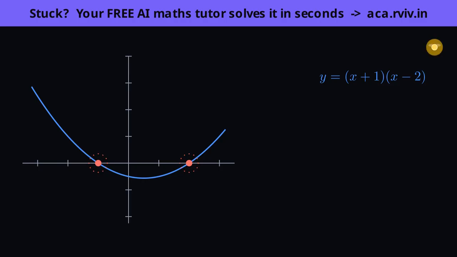Here, that happens at -1 and at 2. So we don't have to solve a single equation to see the zeros, we just count where the curve crosses the axis. 2 crossings, 2 zeros. The picture and the algebra are telling us the same thing.